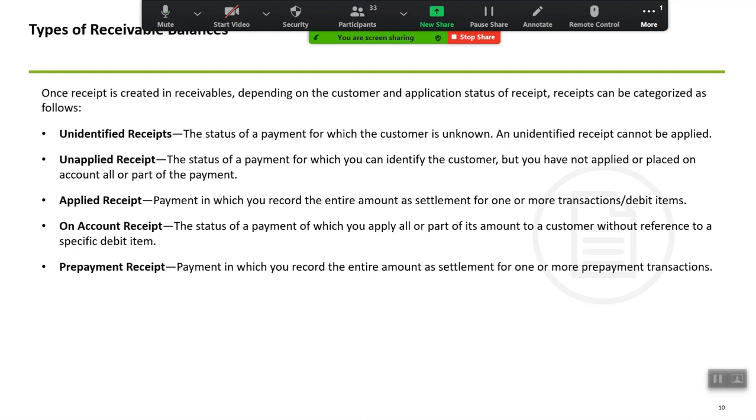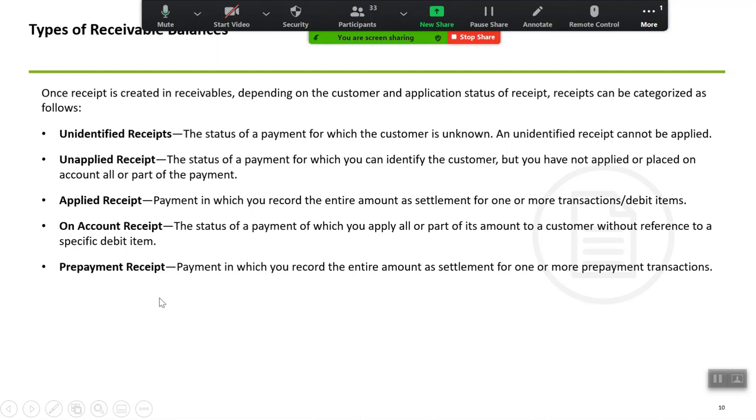The status of the receipt would still be open, because you would still see that there are more $40 which was not applied on any invoice, and that would remain under the unapplied receipt section that we just discussed. So that is the meaning of applied and unapplied. As soon as you apply a particular invoice on a particular receipt, however much amount you apply, that amount would shift under the applied section, and whichever amount is left would sit under the unapplied section.